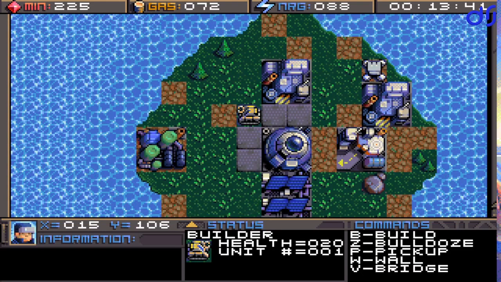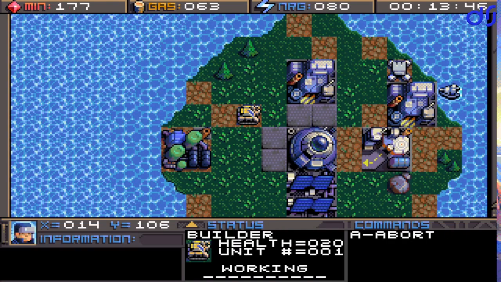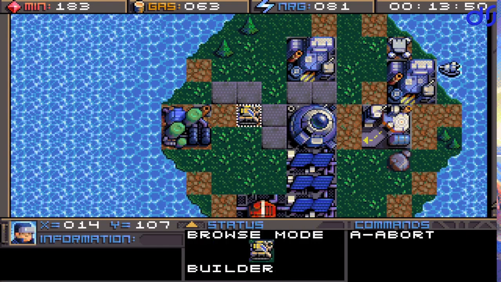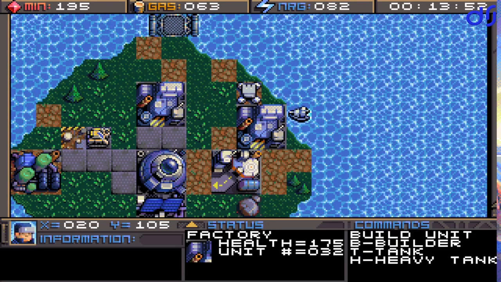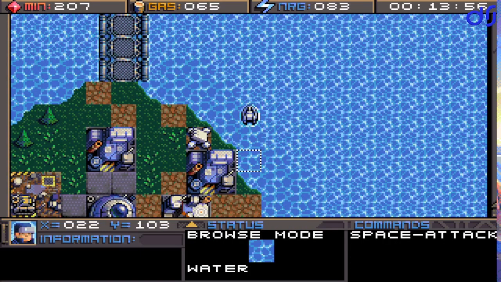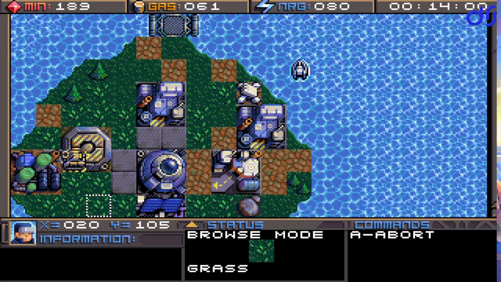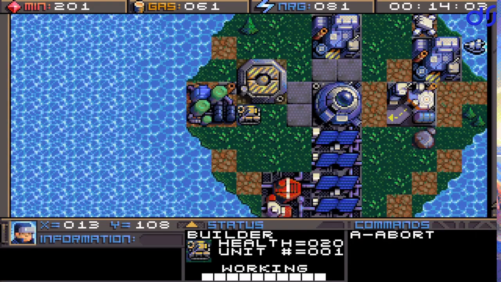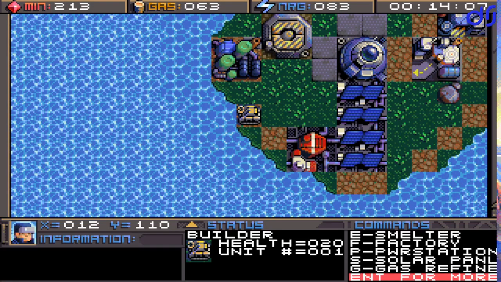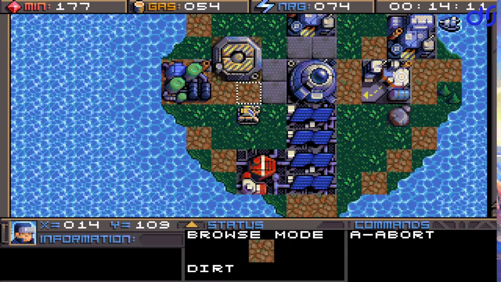Maybe a couple missile silos. I think that will help with weakening the base before we try to finish them off with a bunch of frigates. Can't build a frigate right now, probably because this one's in the way. Yes, that was the reason. Maybe 2 missile silos to do kind of a cluster bomb. Well, just 2 of them, so not that much of a cluster, but...